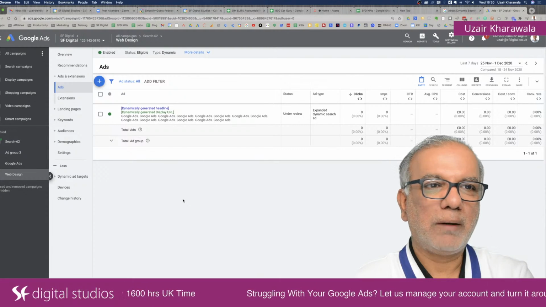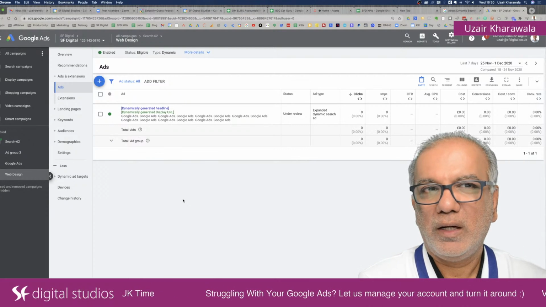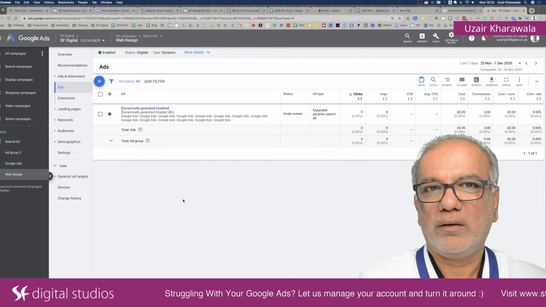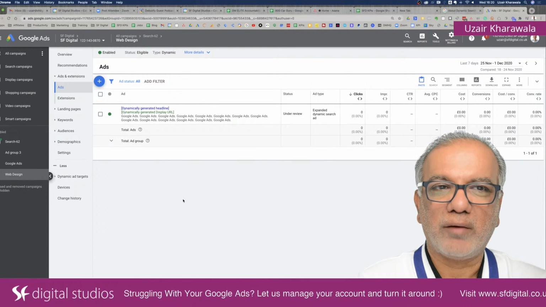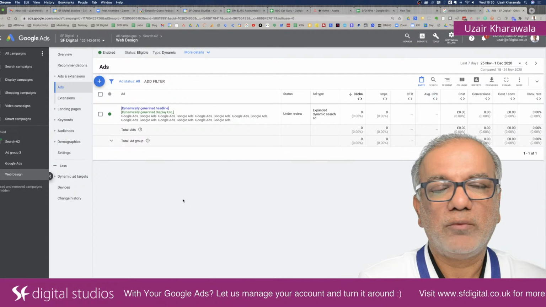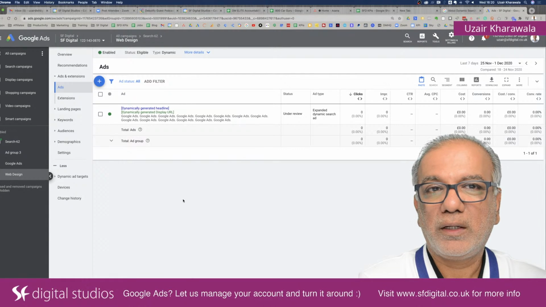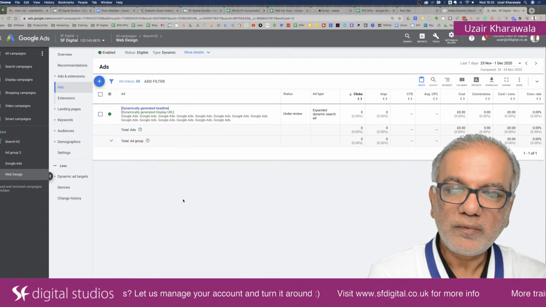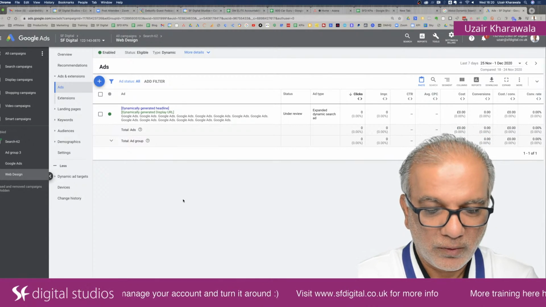Separate them out, because then you know which one is working and which one isn't. And if there's obviously low search volume for that target or for that product or service, then you can't generate the traffic, but at least you will know which one is working and which one isn't. The other thing is your bids might be too low, so keep on increasing them without going very silly, and then you will have to accept what it is.